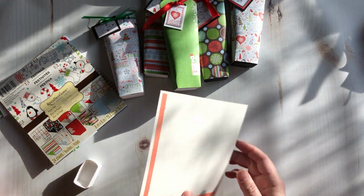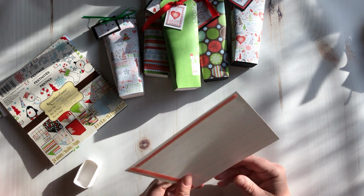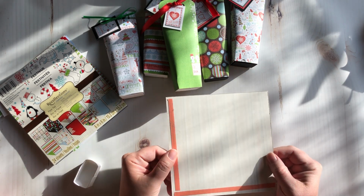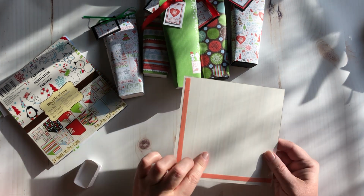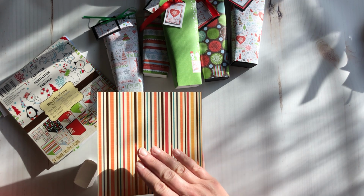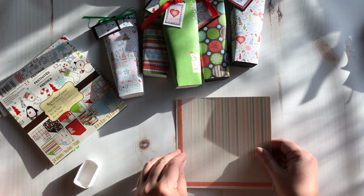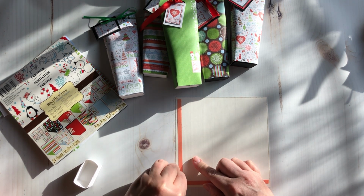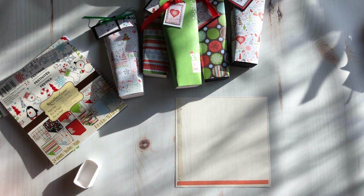And then I have this Thanksgiving paper cut down to a 6x6. This was a 12x12 pad. You want to pay attention to the direction, if you have directional paper, the side you want down, facing down, and then going directionally. The way this will be face up, so this will be the bottom, this will be the top. And so here, just taking off my